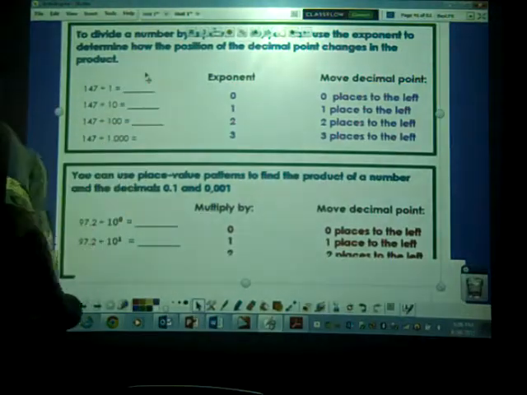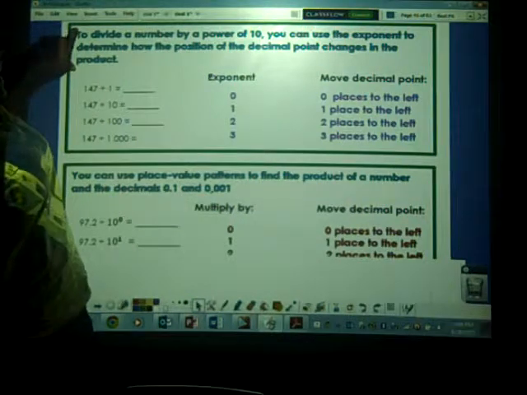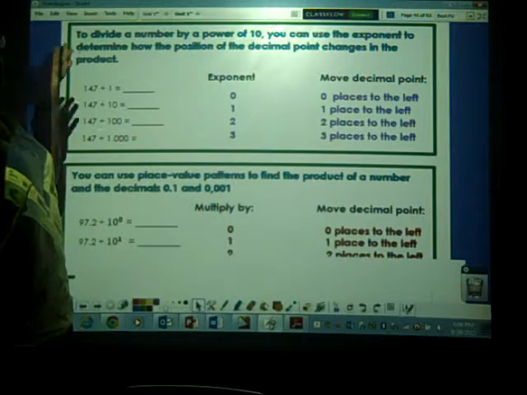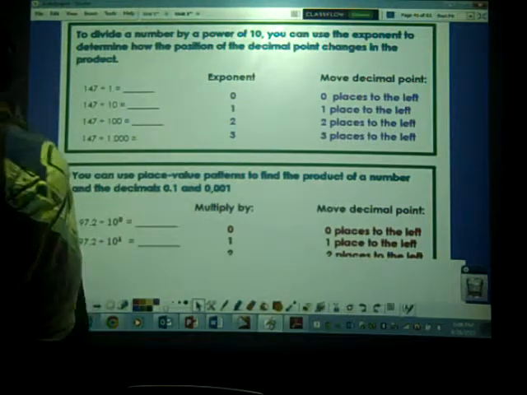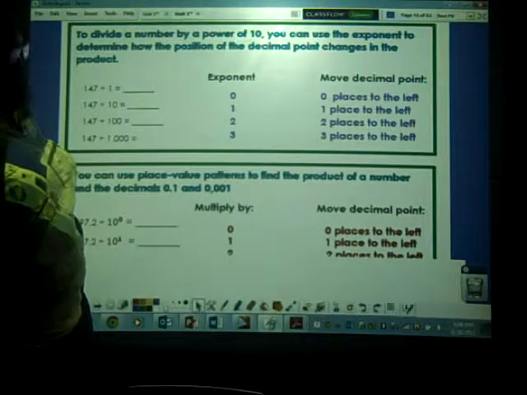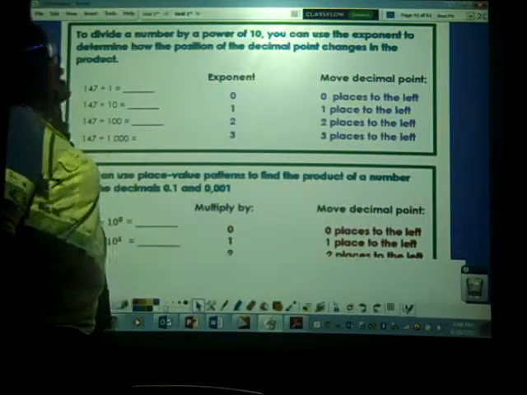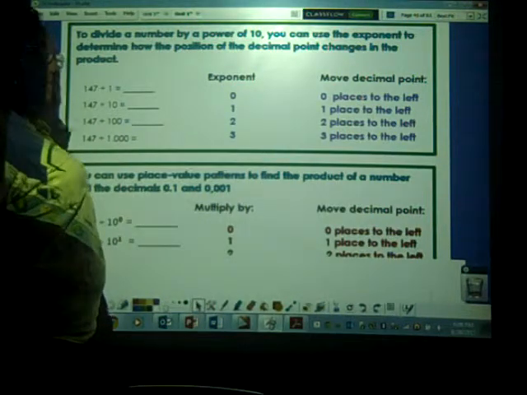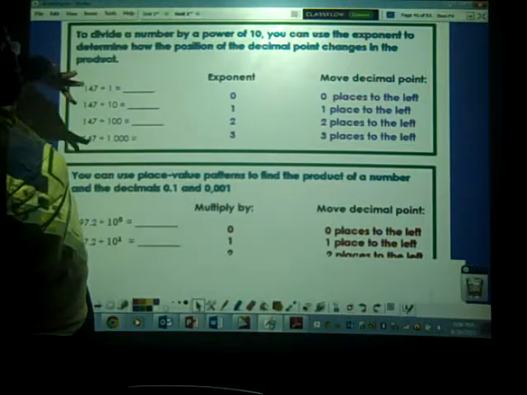Alright. So to divide a number by a power of 10, 10 to the 0 power, 10 to the first, 10 to the second, 10 to the third, you can use the exponent to determine how the position of the decimal point changes in the product. So same as the last video, I have my three